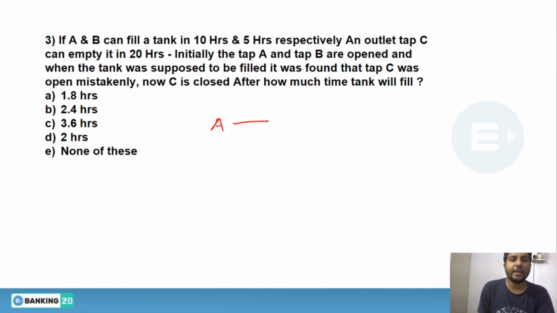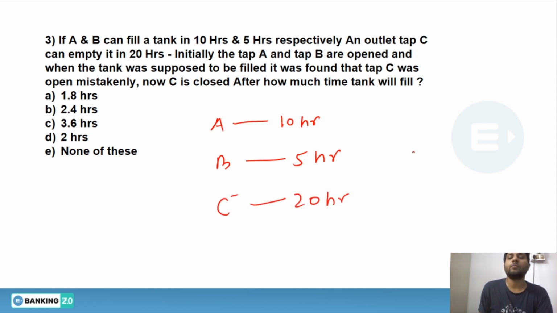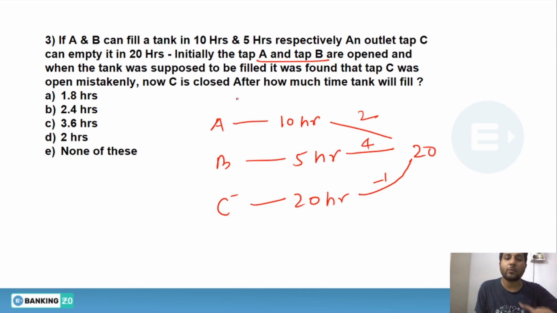A and B can fill the tank in 10 hours and 5 hours respectively, while C can empty it in 20 hours. So the LCM would be 20. That means the efficiency of A would be 2, B's efficiency would be 4, while C's efficiency would be -1. Initially tap A and tap B are open, and when the tank was supposed to be filled,